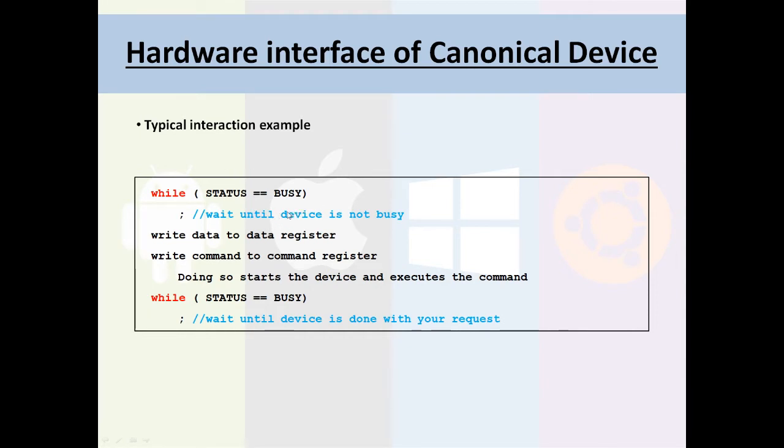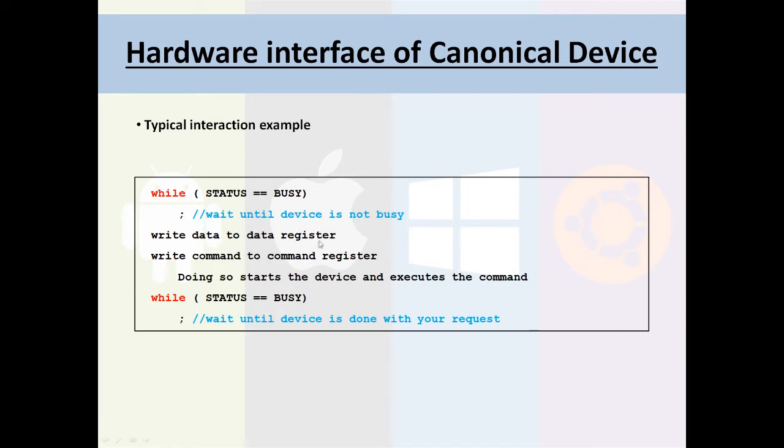Secondly, the operating system sends some data down to the data register. So we write some data to the data register, and this is some data that the hardware device can then utilize for its own purposes, depending on which device it is. One can imagine that if this were a disk, for example, multiple writes would need to take place to transfer a block of information to the device. So you'd store that information in the data register over and over again,